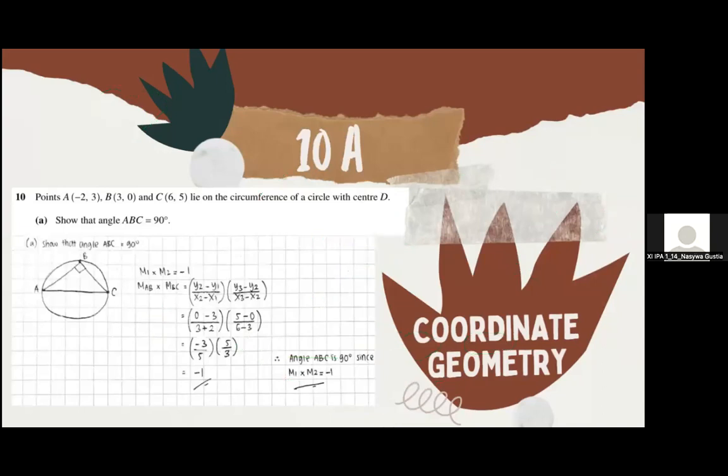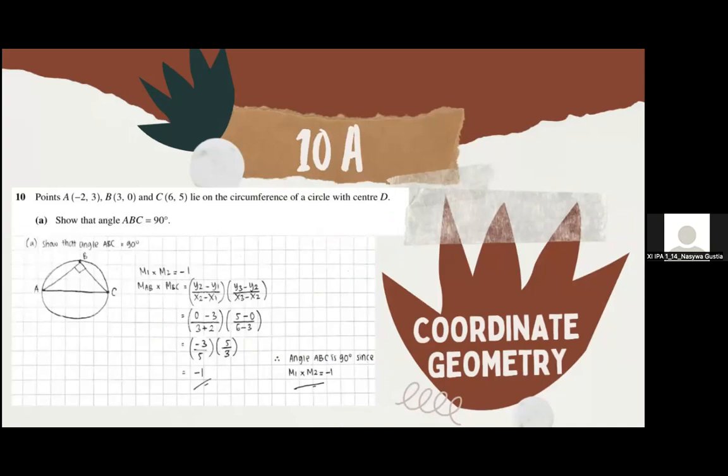The question for number 10 is: points A (-2, 3), B (3, 0), and C (6, 5) lie on the circumference of a circle with center D. A. Show that angle ABC equals 90 degrees. We know that